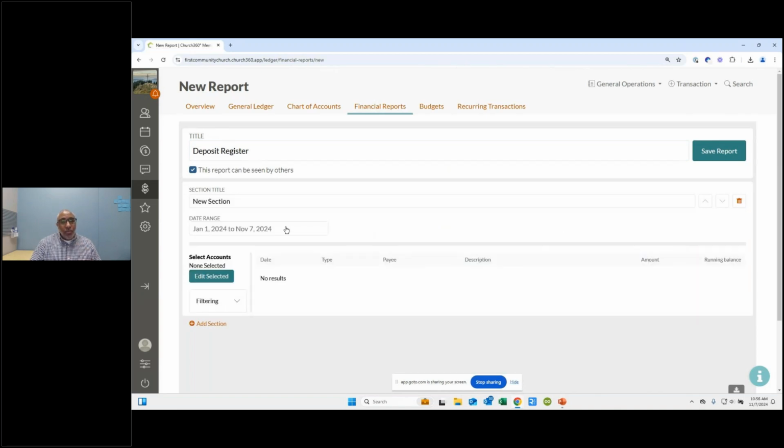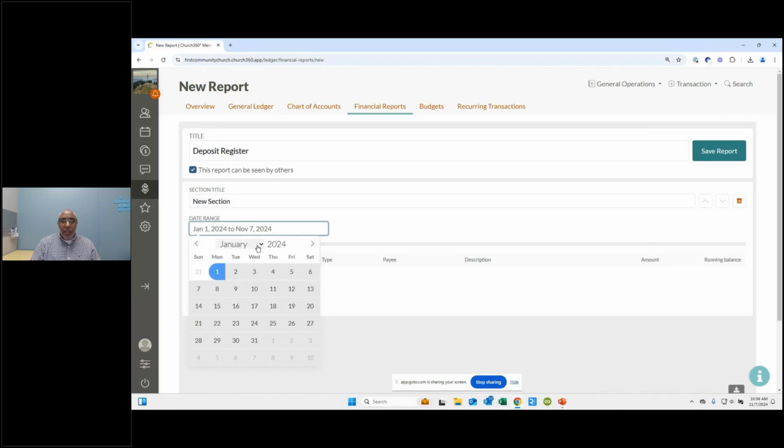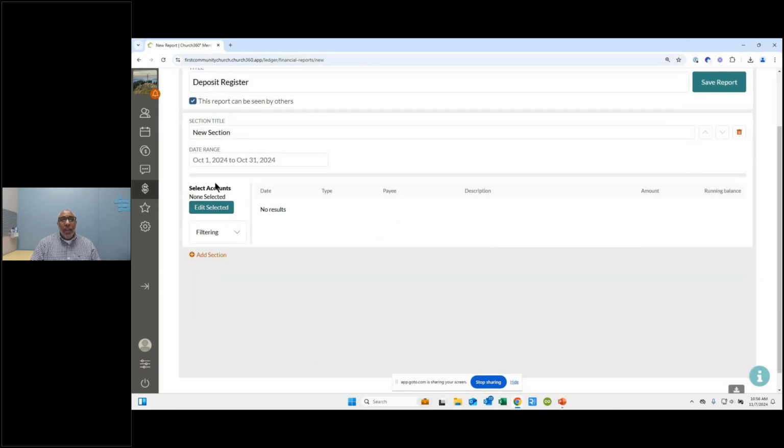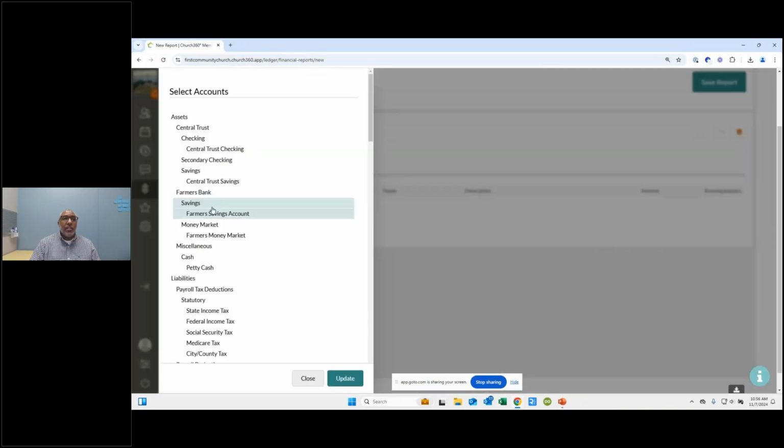And then we're going to set our date range. I'm just going to do the month of October. So I'm going to say October, start here on October 1 and go through October 31st. And then I will select my accounts. Now I'm going to select all of my asset accounts. So you'll kind of see how I move my mouse. And as you get to different parent accounts, it'll include the actual bank account below it at that point in time. But if I select all assets, then I'll be able to see all deposits. And you can just click.